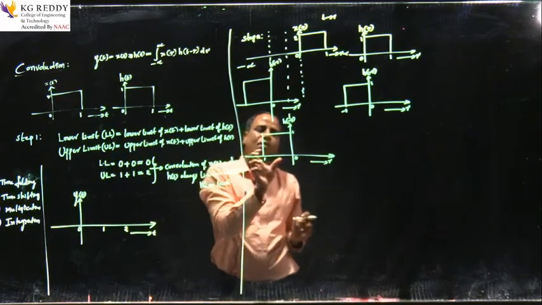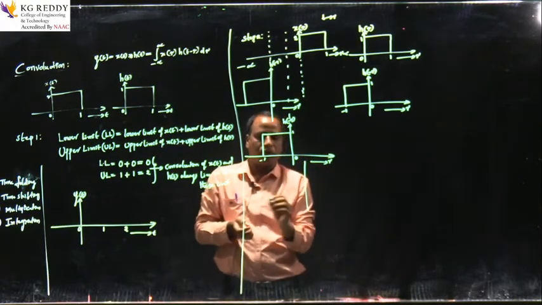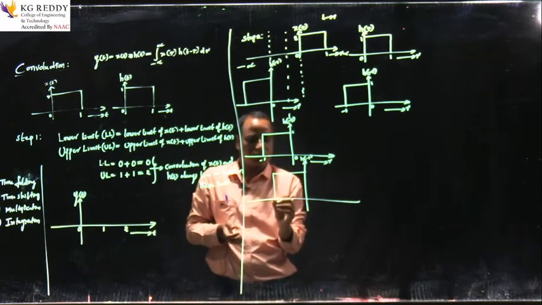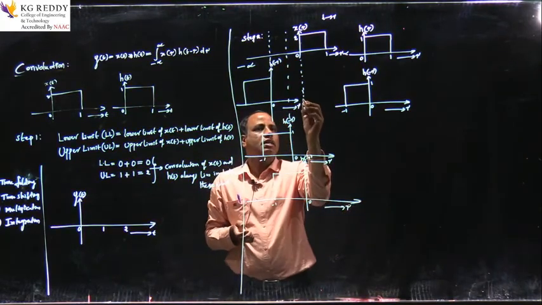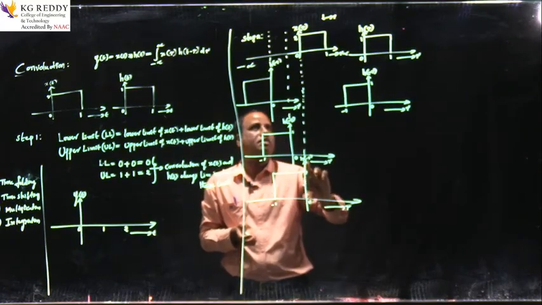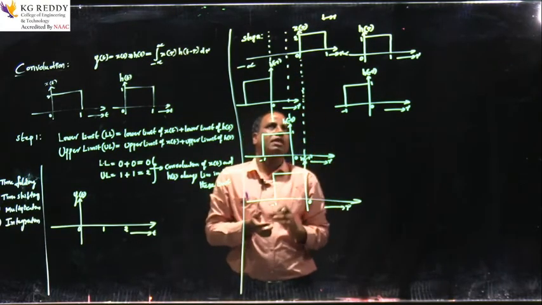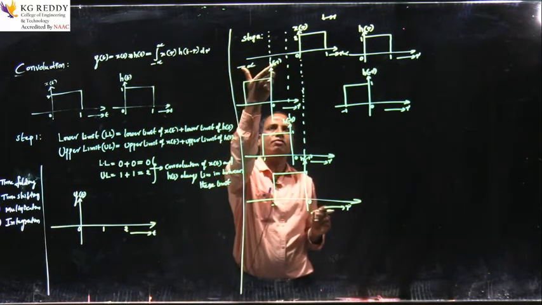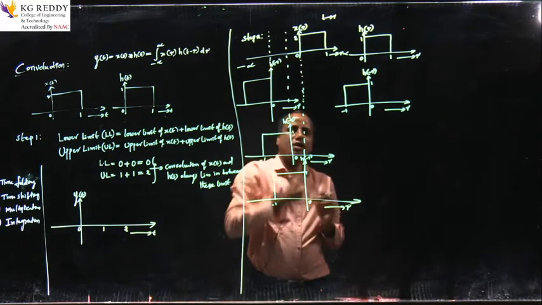Now if I keep moving the signal towards the right side, the common area starts at this point. H of minus tau. The common area starts at this point, minus 1, 0, and this is 1, and this is tau. Exactly here the common area starts. Whenever the vertical axis of h of minus tau coincides with the vertical axis of x of tau, the overlapping area starts. So you need to assume that we are bringing this signal from minus infinity to plus infinity, and while bringing it, the common area starts at the origin.